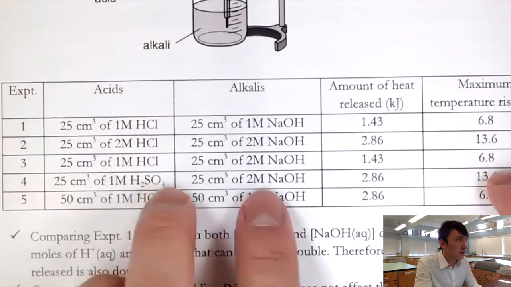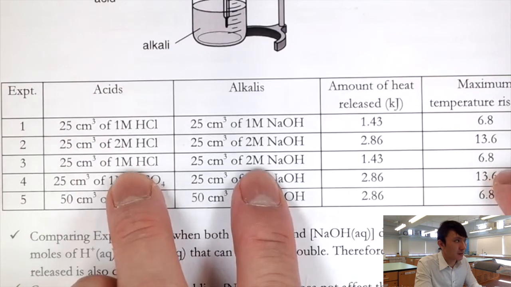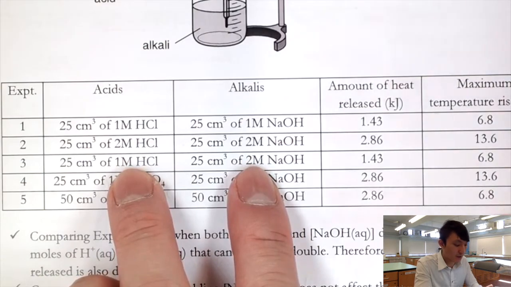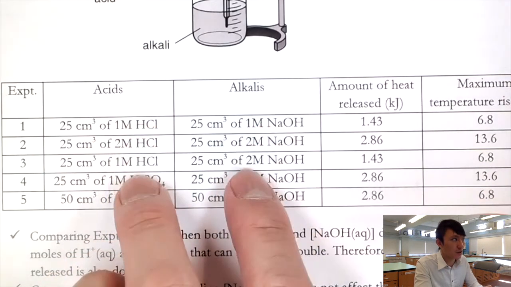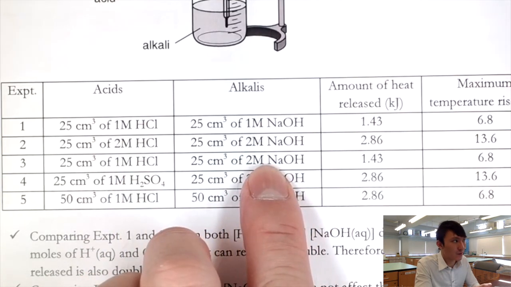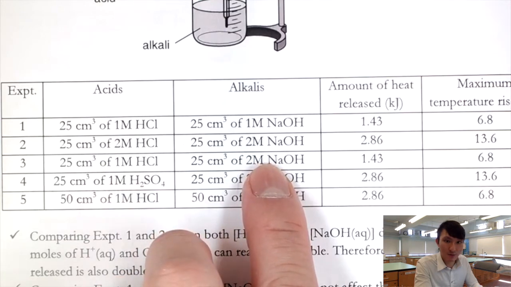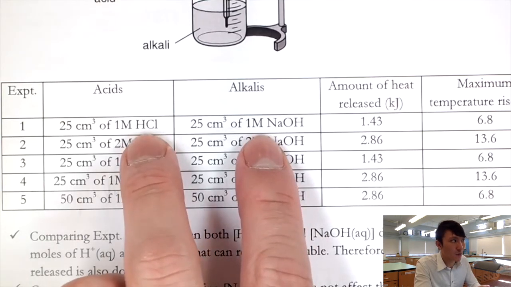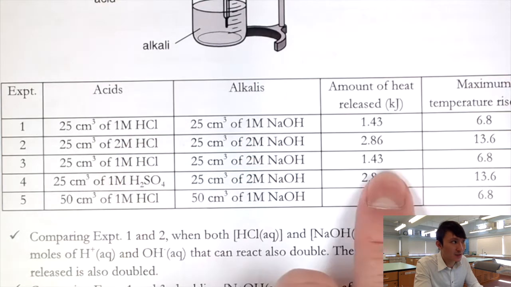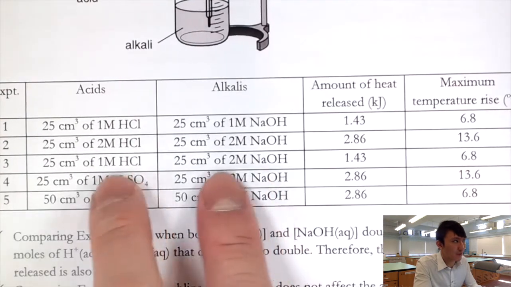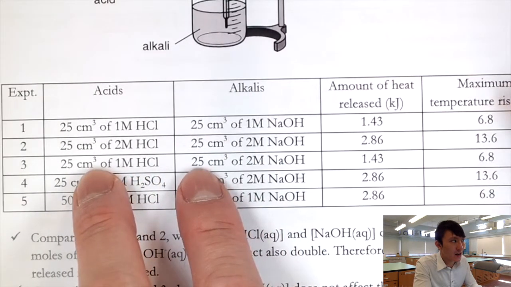Now, if you look at the third experiment, when comparing with the first one, well, we always compare the different experiments with the first one. You notice that this time sodium hydroxide has doubled its concentration. However, you may notice that now sodium hydroxide becomes in excess. So the actual quantity of H+ and OH- reacted is the same as experiment 1. Therefore, the heat released is the same. And therefore, the maximum temperature rise is also the same, knowing that both experiment 1 and 3 are of 50